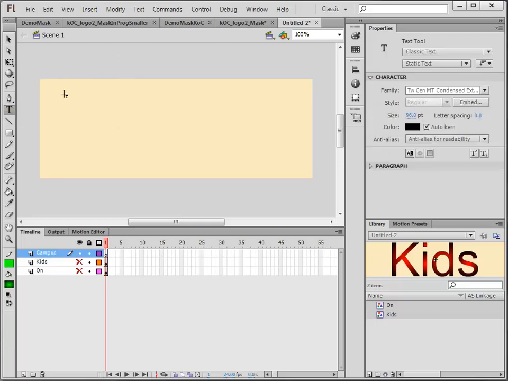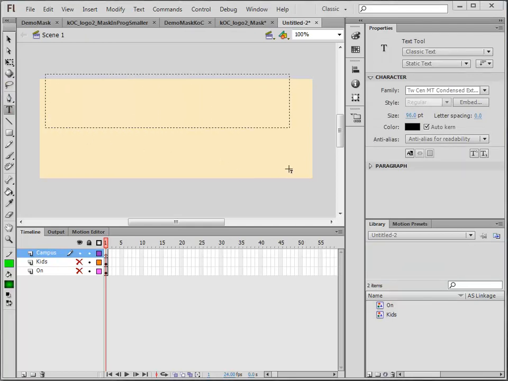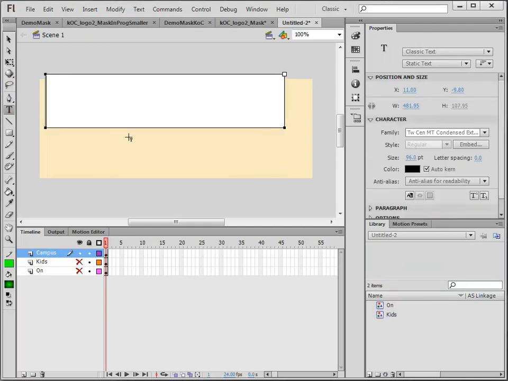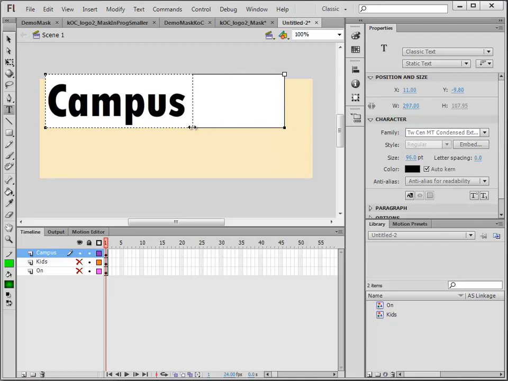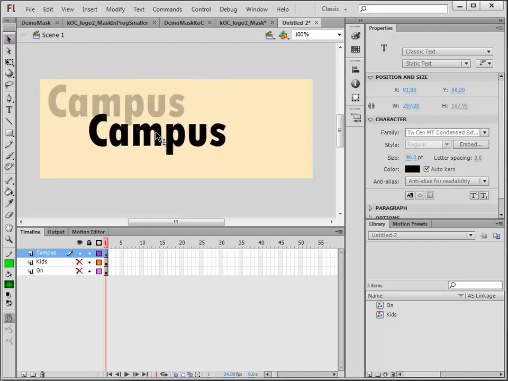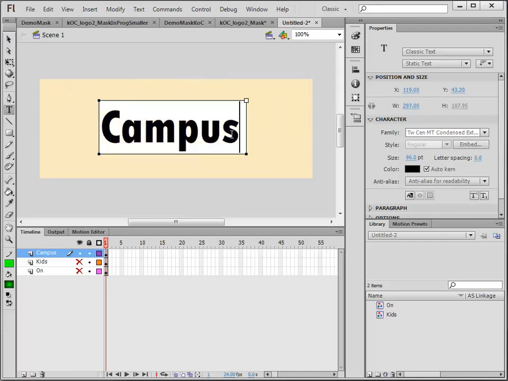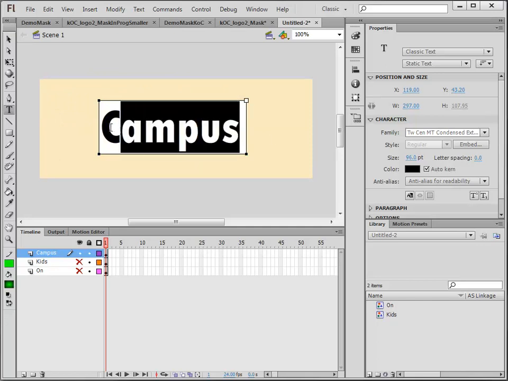And I'm going to go ahead and choose the text item, and now I'm going to go ahead and make a box for my new word, campus. That's the one we don't have yet, so I'll go ahead and type that in, resize this a little bit, bring it down to the center of the stage a little bit more too. Okay, so here I am. I've got my word typed in,